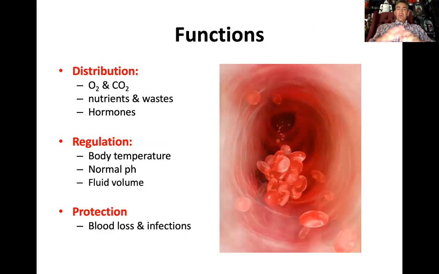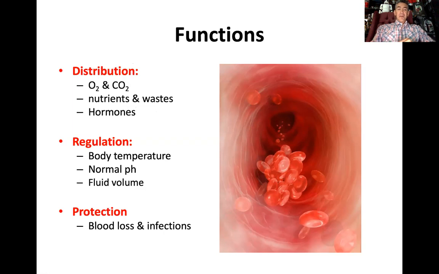Functions. This is a general overview. We're going to look at these throughout the semester, integrated into different chapters. So the distribution role: blood will distribute oxygen and carbon dioxide throughout the body. It will distribute nutrients, waste products, waste gases, and different hormones from the endocrine system. The endocrine system utilizes the blood as that transporting